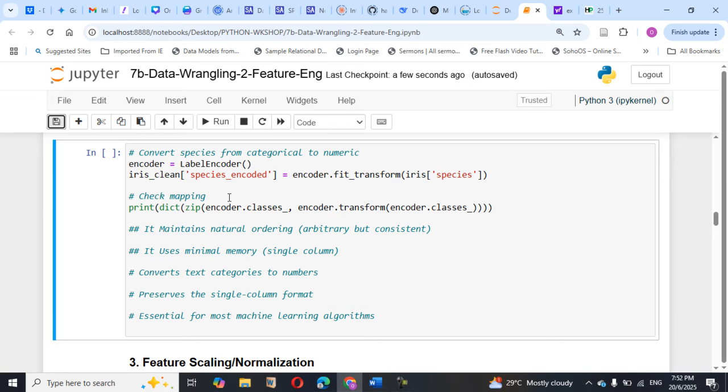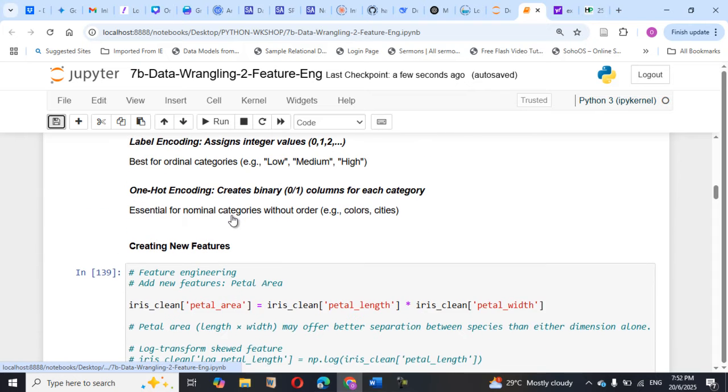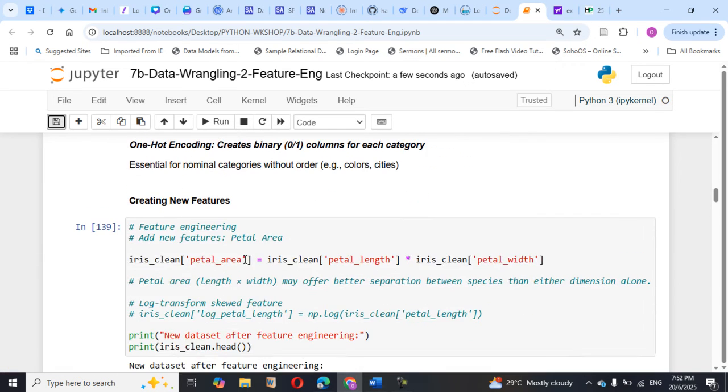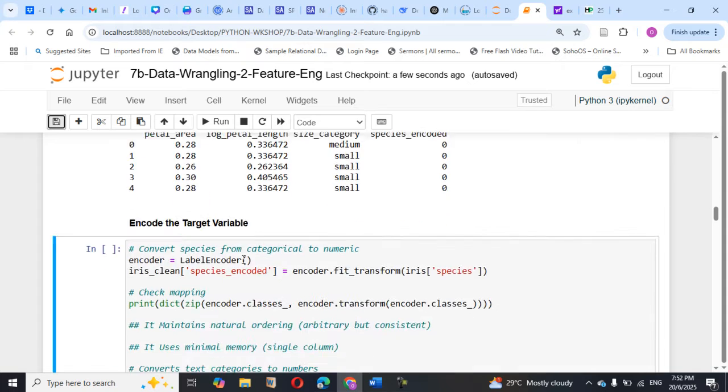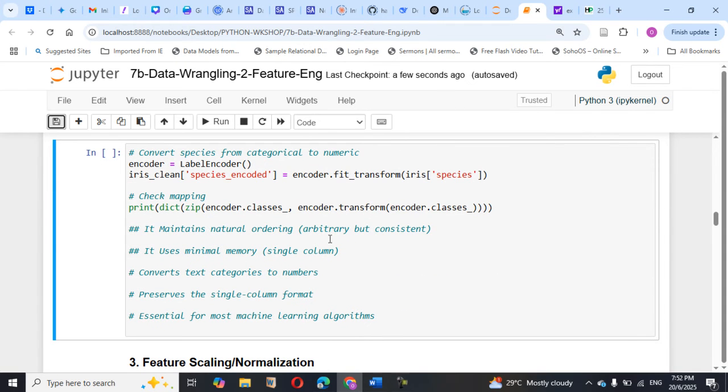So this one is called label encoder. As you can see here, we have a label encoder. We assign a number to each species, just for example. And you must understand that each one will map. So if you print it out, you can see the mapping to each of the classes one by one. It maintains natural ordering, arbitrary but consistent. It uses minimum memory, a single column, converts text categories to numbers, and preserves the single column format,